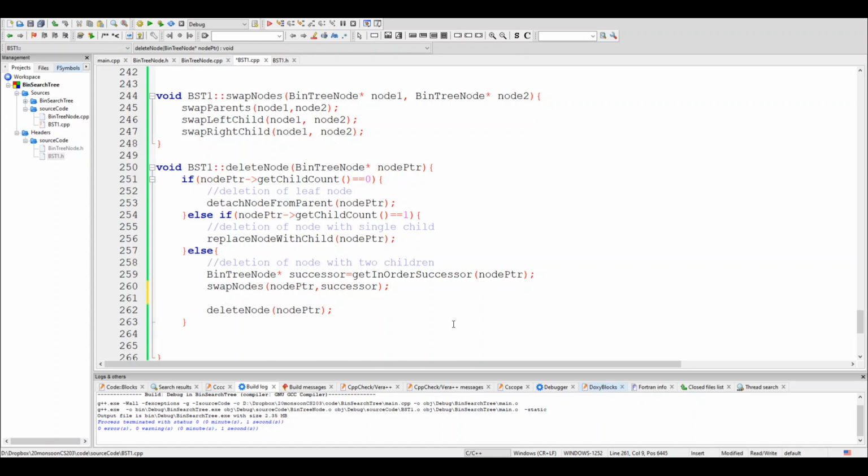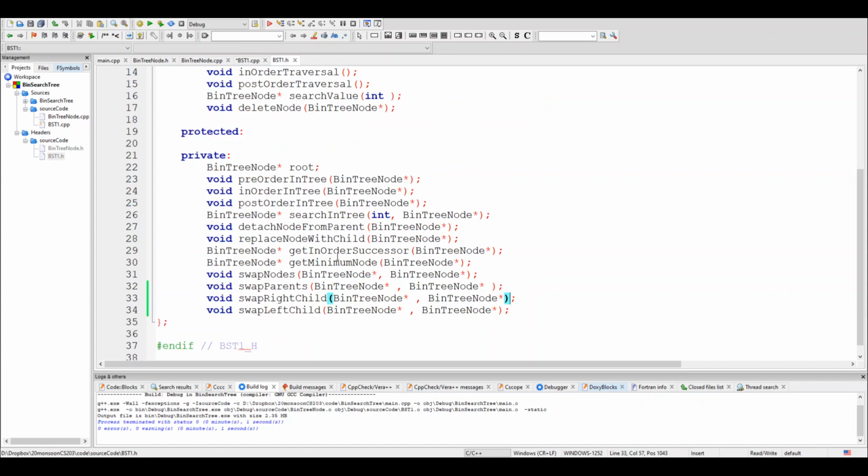Okay, we will say that if the node that you want to delete is equal to the head node, in that case, let's go and see in our binary search tree, root.